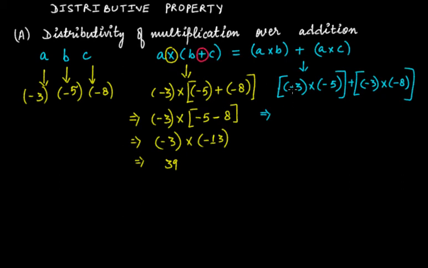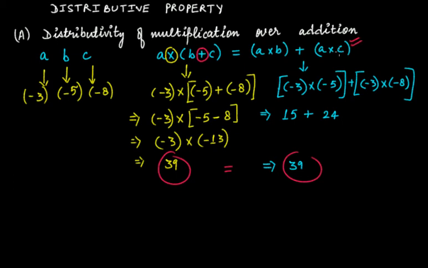Minus 3 times minus 5 will be 15, plus minus 3 times minus 8 will be 24. This will give you 39, and therefore we can see that 39 here and 39 here, these two are equal, and this condition gets